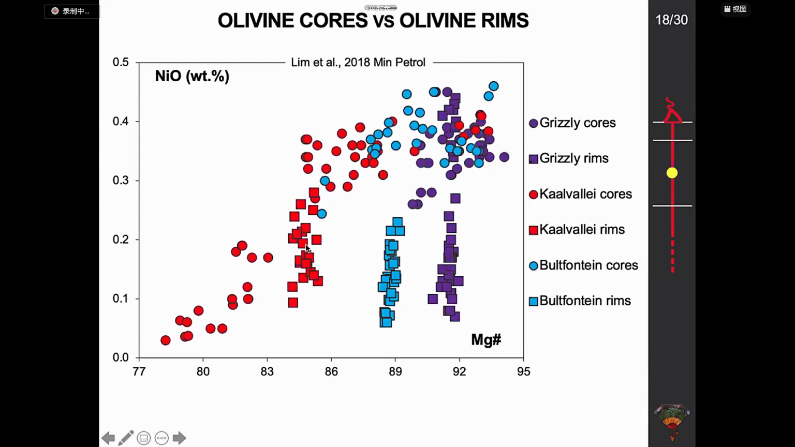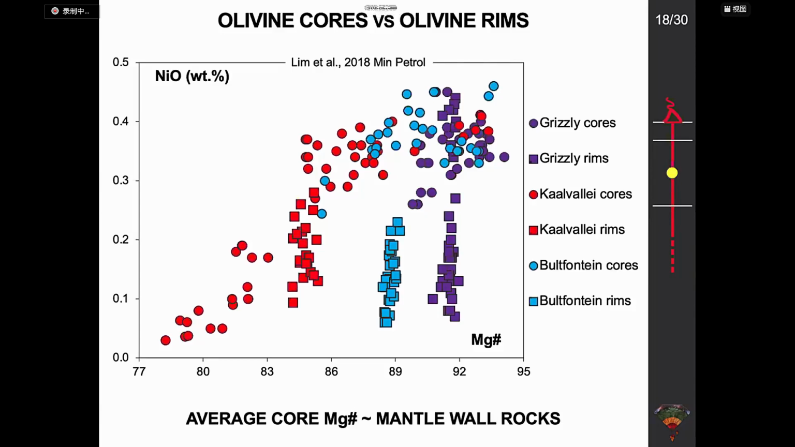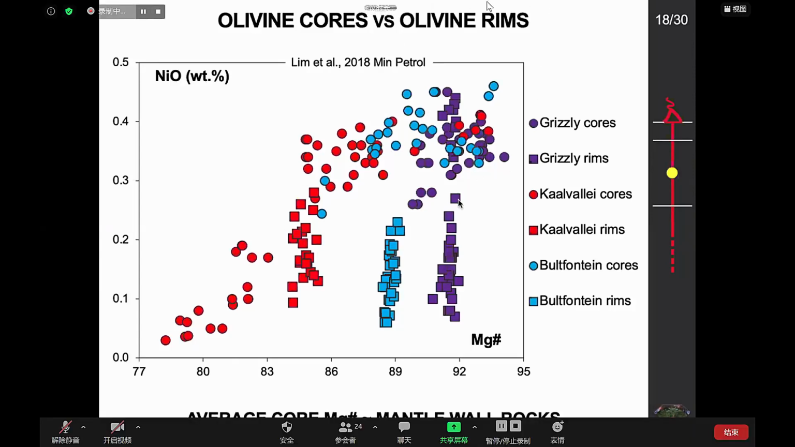But I'm going to do something a little bit bold. I'm going to take the average of the olivine core composition, the average magnesium number, as representative of the mantle wall rock composition. While this might not be statistically very meaningful, because of course we first have to be sure that the data are normally distributed before we do an average,